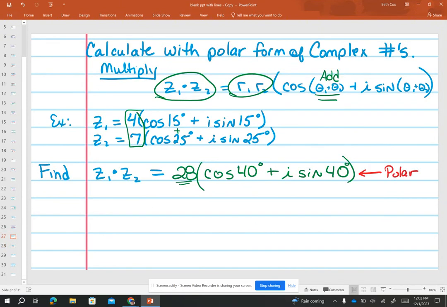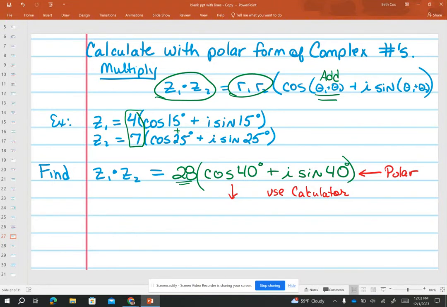If we wanted rectangular, cosine of 40, we would literally use our calculator to do this one, because we can't do cosine of 40 on our unit circle. We don't have that one memorized. So make sure your calculator is in degree mode. And once it's in degree mode, you can do this one. You literally do cosine of